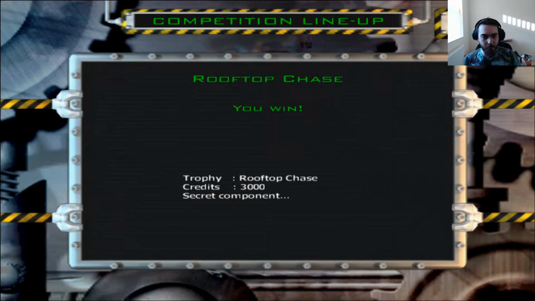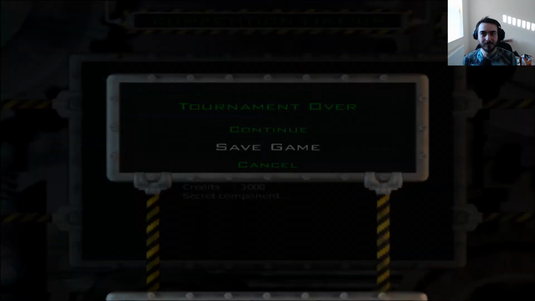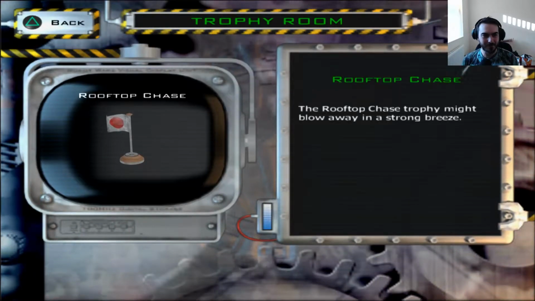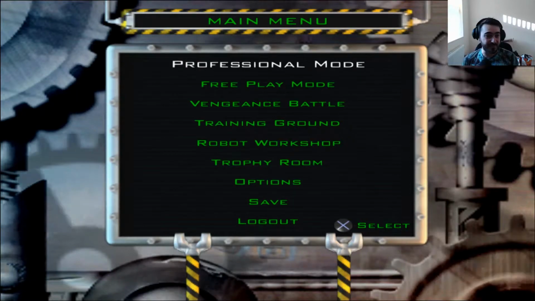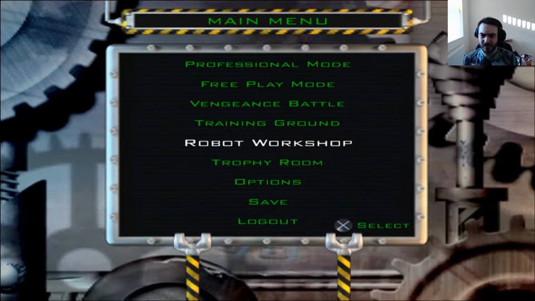A secret component's been unlocked. What is that? Okay. What is a secret component? That is a cool flag, and a cool trophy to go with it. The rooftop chase trophy might blow away in a strong breeze, but that rounds out all of Japan, which is fantastic news. Now, this secret component, what exactly